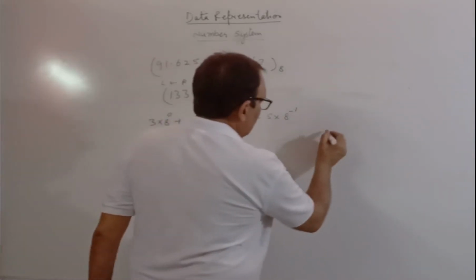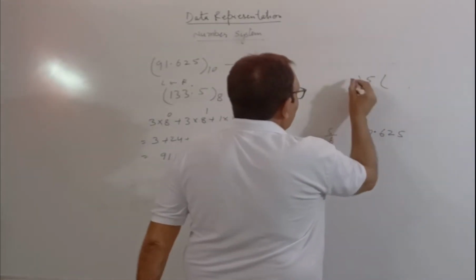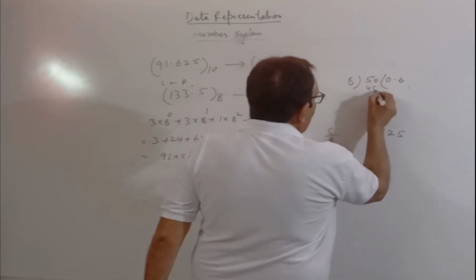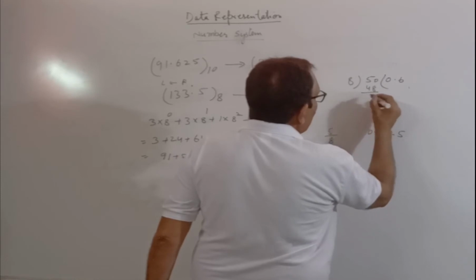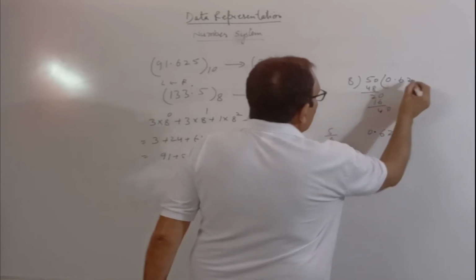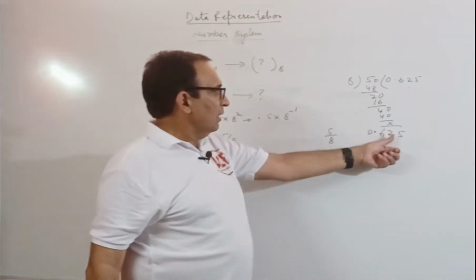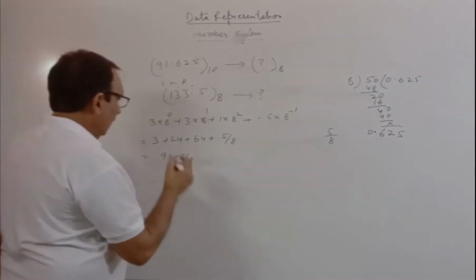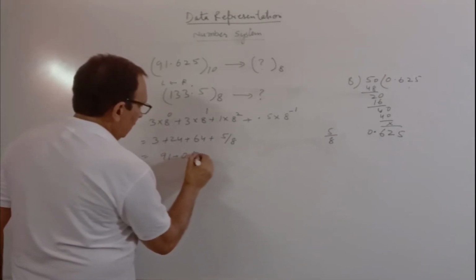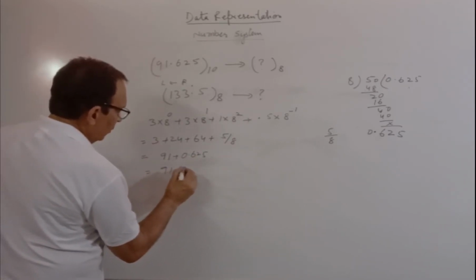Let us calculate 5 over 8 separately. Divide by 8. You simply can write it down yourself: 5 divided by 8. Put a decimal, take a 0, 8 sixes are 48, remainder 2, take a 0, 20, 8 twos are 16, remainder is 4, take a 0, 40, 8 fives are 40. So it comes to be how much? 0.625. So right here, in place of this one, you can directly write 0.625. Putting these values together, you are getting 91.625.